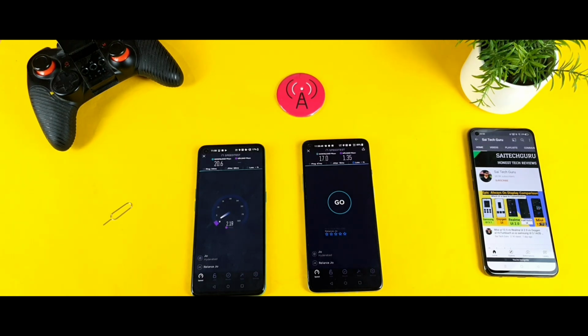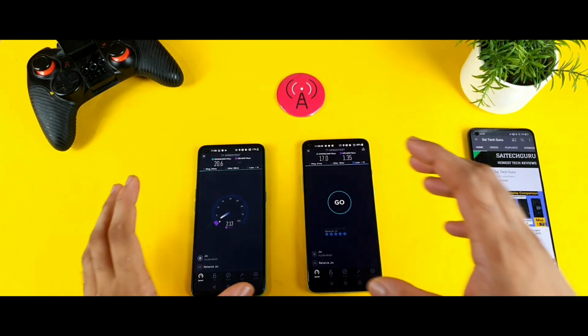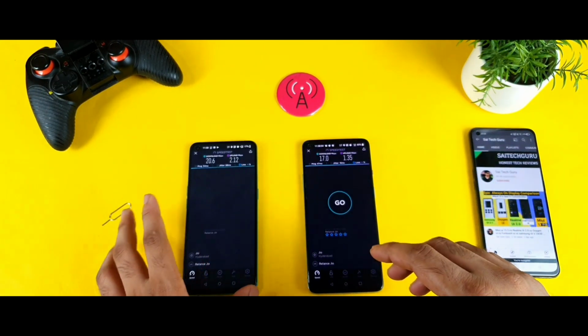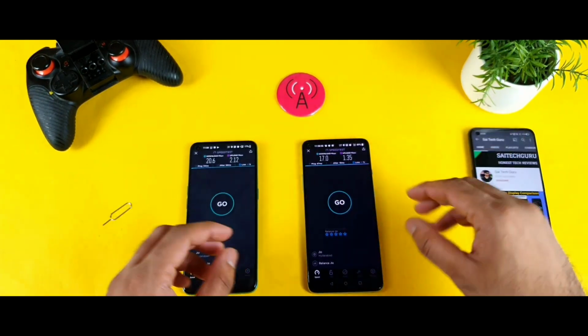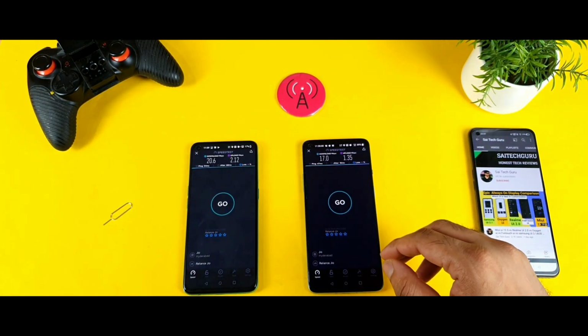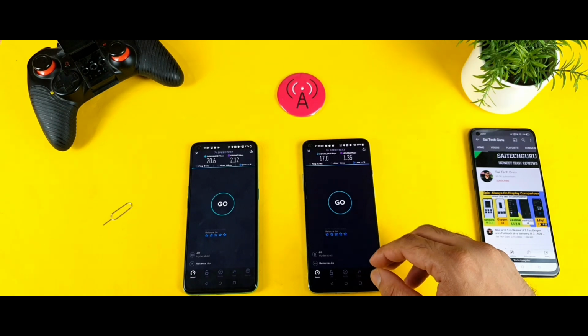I think only the OnePlus Nord in my location was able to get this many higher bands together. That's really good friends in the OnePlus Nord device. Even I am really surprised. I did not expect this kind of performance from this phone, from the OnePlus Nord device.